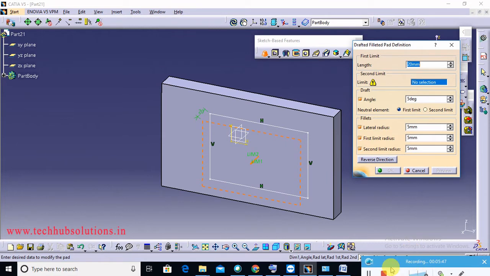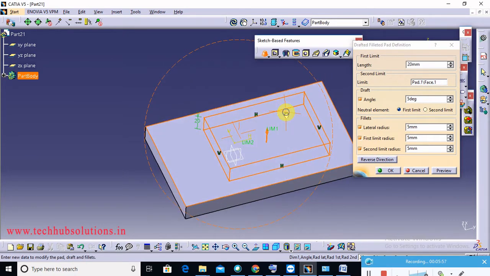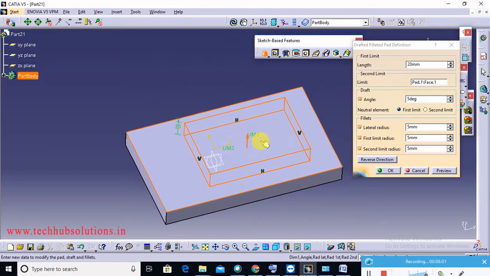Then drafted filleted pad. This one is drafted filleted pad, and the second limit is this one. Okay, the second limit is this surface, and the pad is this small rectangle. Give here the dimension. Suppose 20 millimeter. Increase this dimension. Suppose this one is 50.